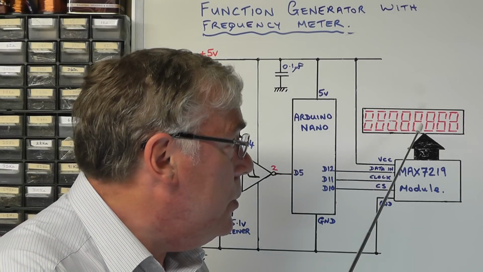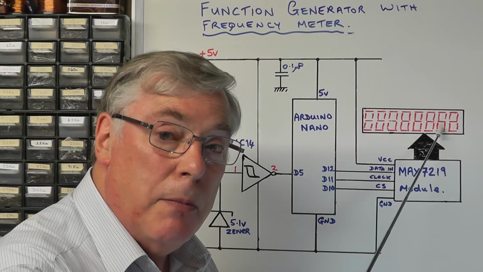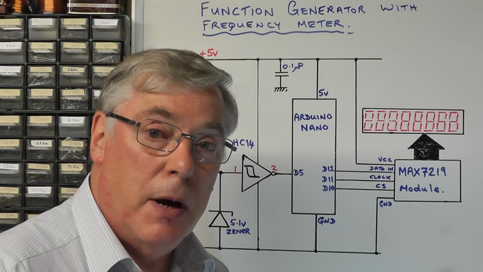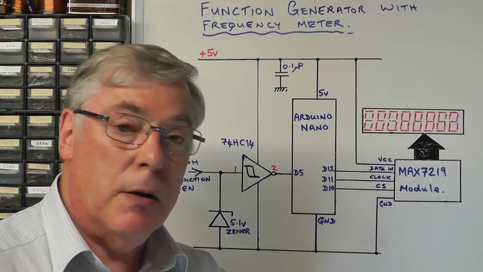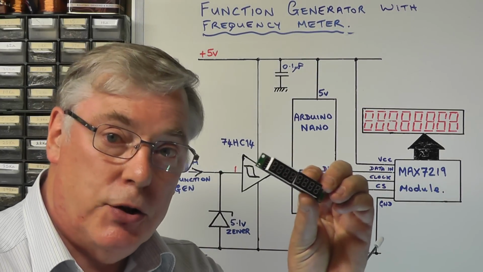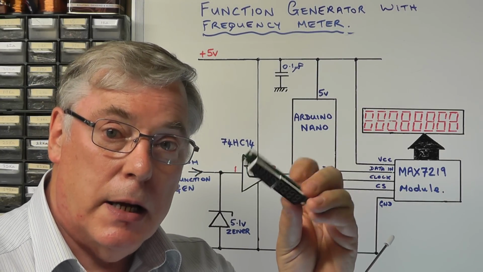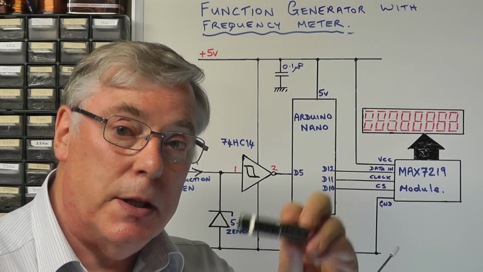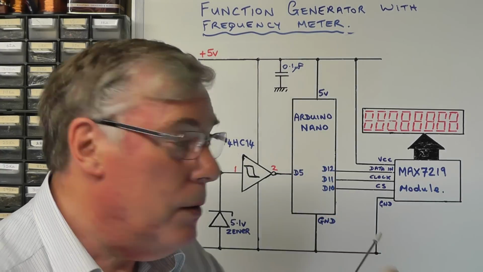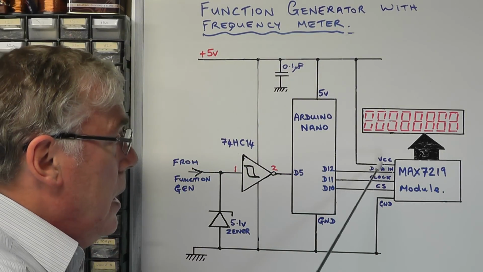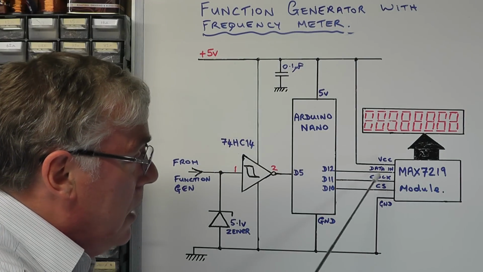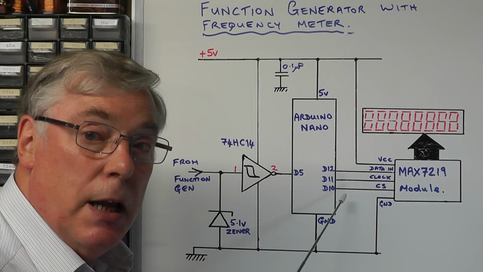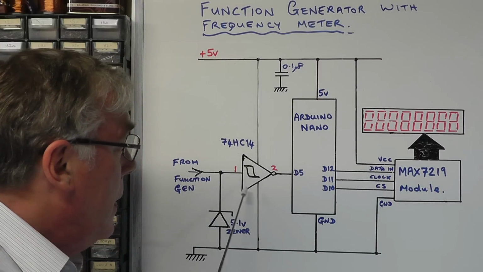Now it's actually cheaper to buy the display module and the MAX7219 chip as one module than to buy them as individual components. You can pick up these little modules quite cheaply these days on eBay, and everything is on one little printed circuit board with 5 connections that then just couple up to the Arduino Nano. The input into the Arduino Nano for that module is going on D10, D11 and D12,